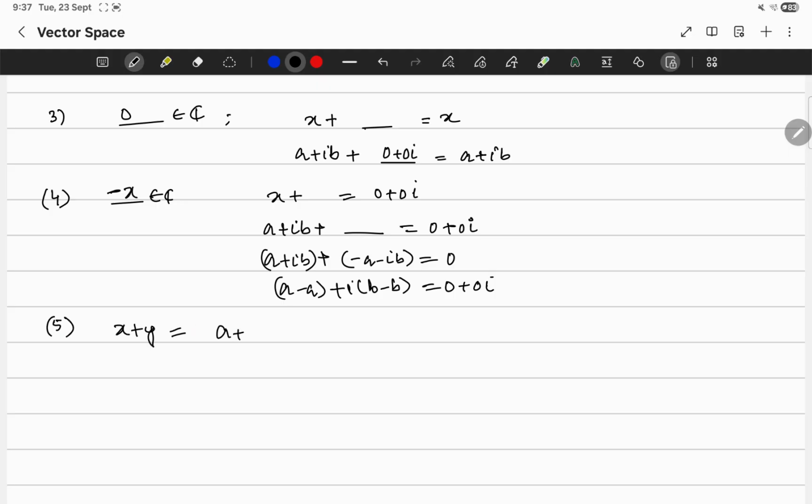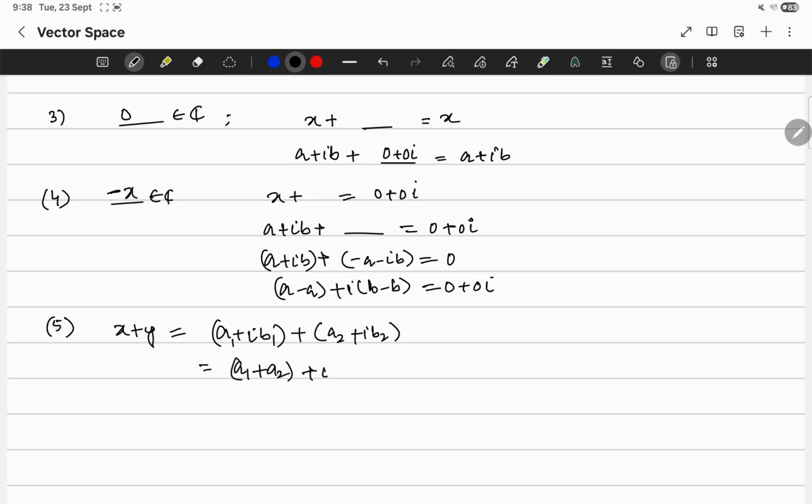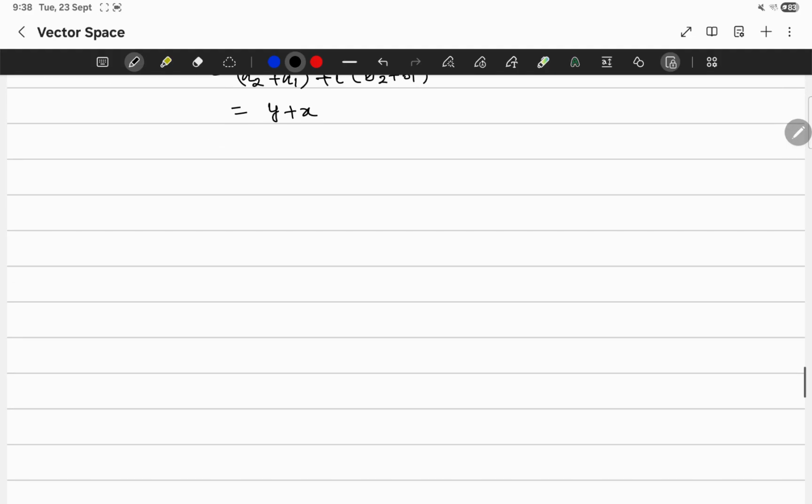If x is a1 plus iota b1 and y is a2 plus iota b2, then the addition will be a1 plus a2 plus iota times b1 plus b2. a1 and a2 are real numbers, so you can write it as a2 plus a1 because real numbers are commutative, so plus iota times b2 plus b1. So it is the same as y plus x. Okay, now take the scalar multiplication,